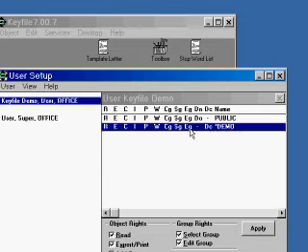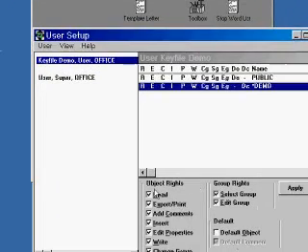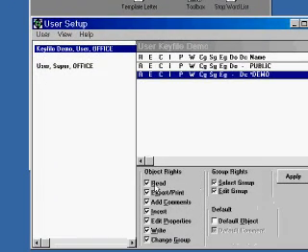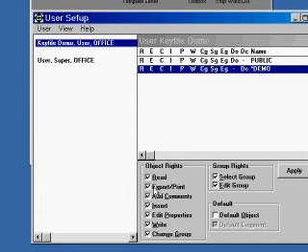Within a security group, you can see we have some letters here representing object rights against Keyfile objects. And remember, Keyfile security is applied at the object level. Here are the object rights. We can read, i.e. open and view an object. We can export and print it,